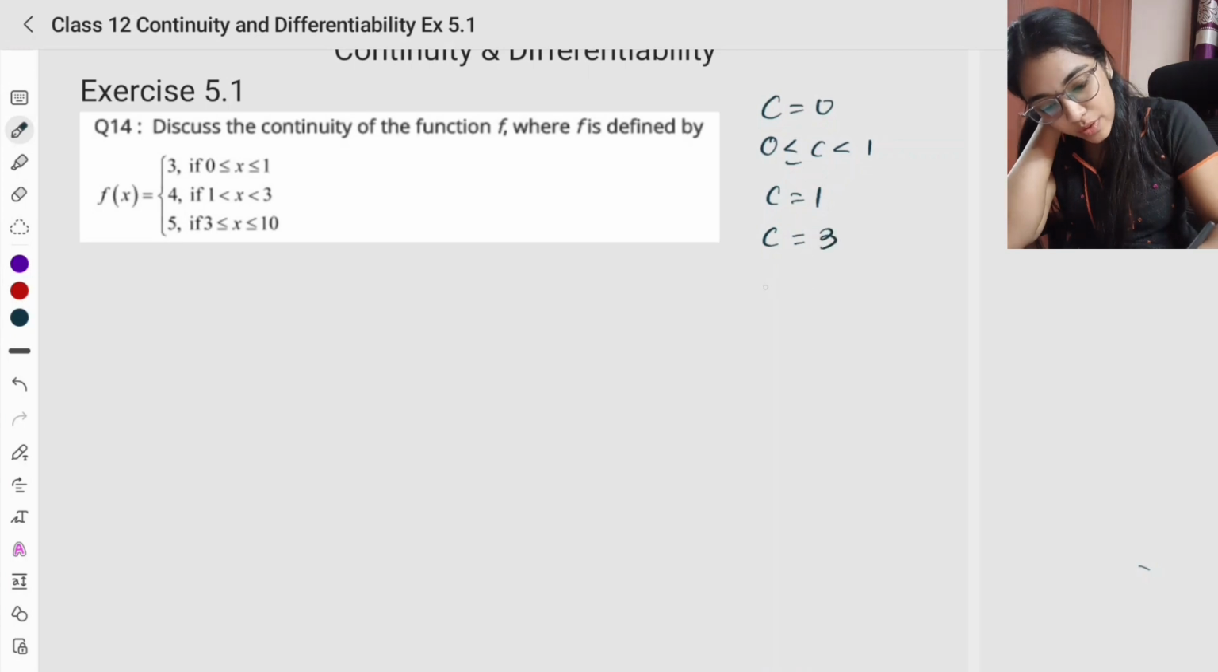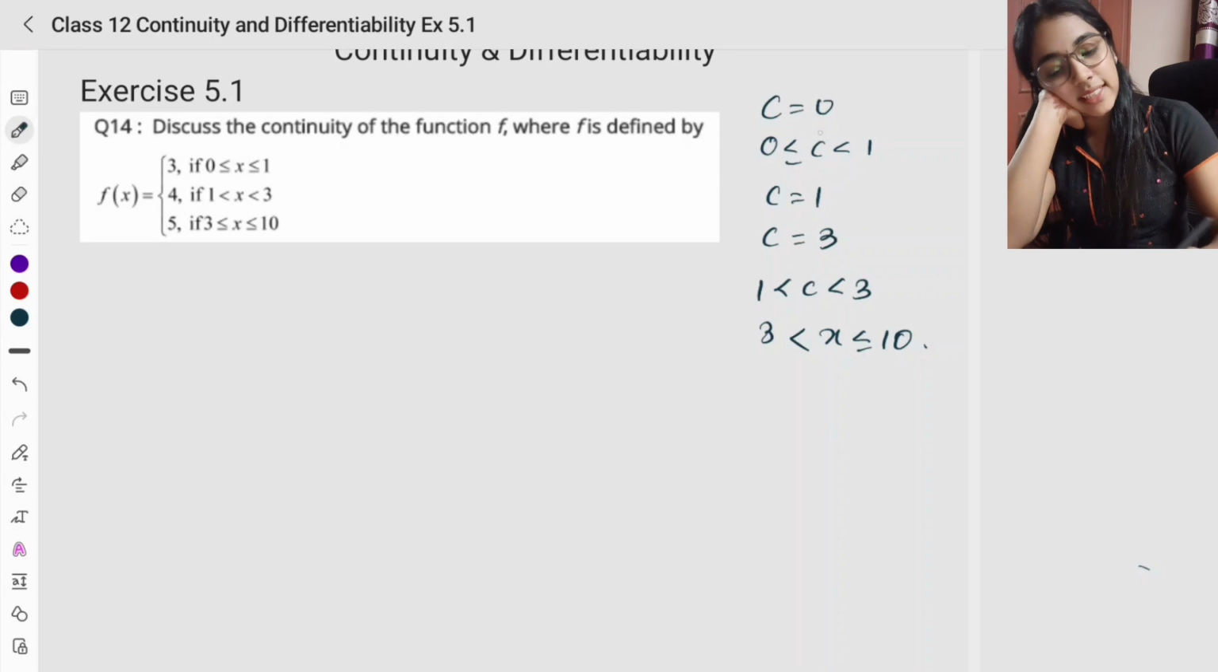Then C equal to 3 case. Then 1 less than C less than 3 case. Then I also have to check for 3 less than or equal to X less than or equal to 10 case. இந்த இடத்துலயும் equal to வராது. Because you have already accounted for C equal to 3. Correct? So, இப்போ இந்த இடத்துல I have C equal to 0 and I have my equal to 0 included here